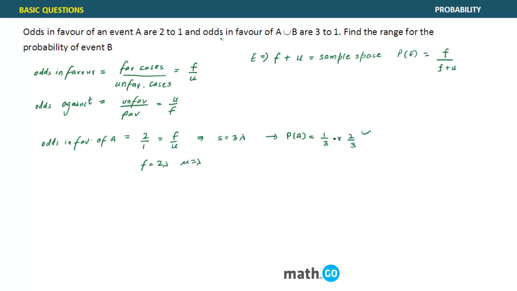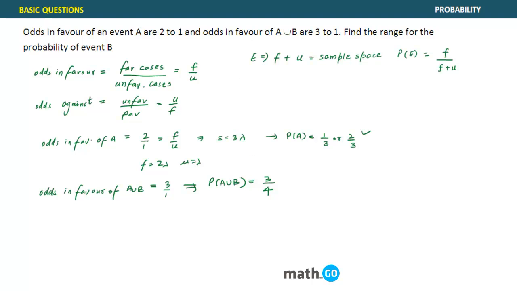Other thing that is given is odds in favor of A union B. So this means, what is given? First of all, 3:1. What can we say about the probability of A union B? Yes, it is nothing but 3 by 4. Now you got the point how we are doing this. So odds in favor of A union B can be translated to